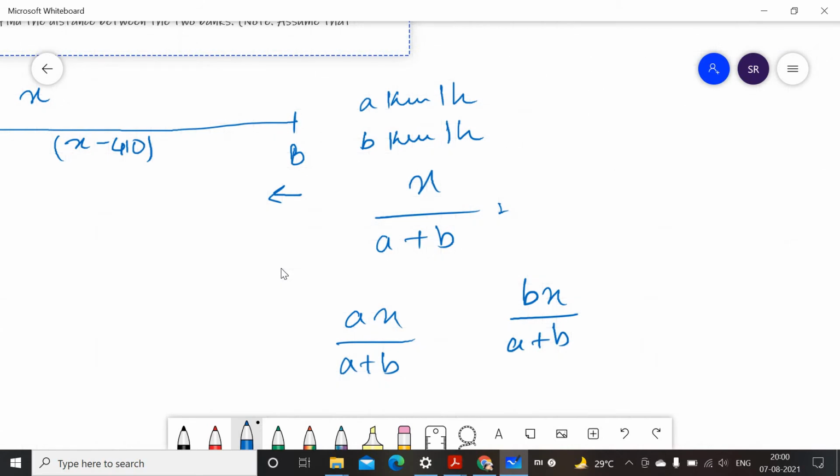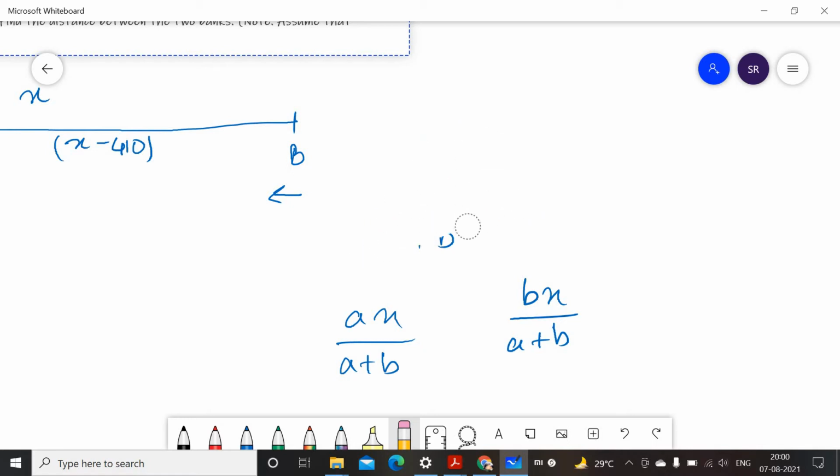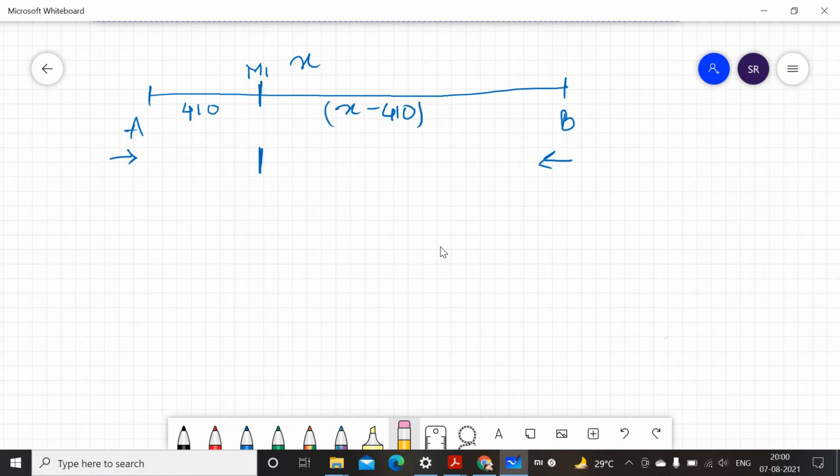But this type of approach will not get you anywhere in exams, right? This type of approaches are good for understanding basic things, but they will not help you anywhere in the exam. So today we are going to learn another effective approach, that is equating what is given as constant, right? Equating, we will just equate what is given constant.